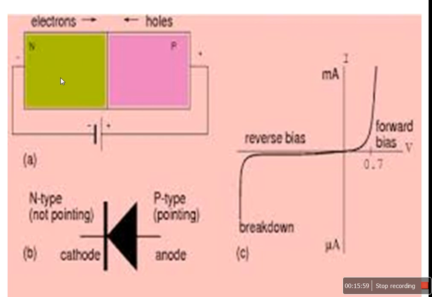So here n-type, p-type. In p-type, holes are the majority carriers, and in n-type, electrons are the majority carriers. In forward bias condition, initially when the applied voltage is small, a small amount of current will flow. Once the applied voltage crosses the cut-in voltage, the built-in potential voltage becomes 0 and the current will be maximum. So this is the forward bias characteristic of the device. In reverse bias, we apply the negative voltage, so a small amount of current will flow. After some time the breakdown will occur.